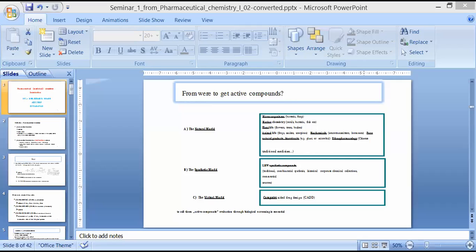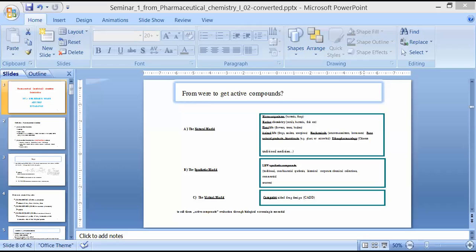Now, what we have discussed up till now, what is the chronological order of drug development? Which parameters do we have to optimize for drug development? Their pharmacokinetic parameters and their synthetic procedures we have to optimize for drug development.